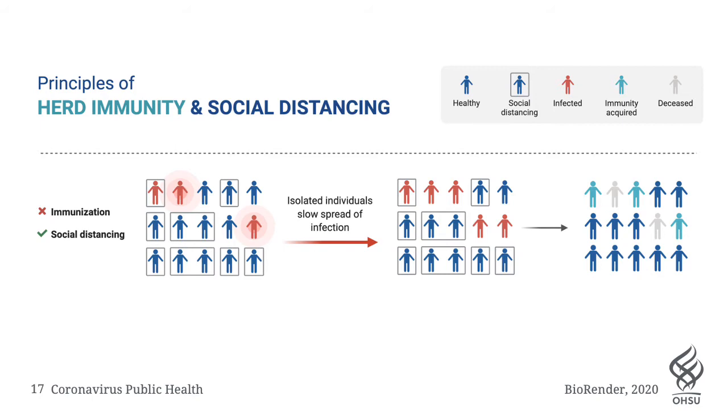By the time the disease has passed through the affected members of the community, there have been a number of healthy individuals that have successfully stayed isolated through the experience. And therefore, even without the development of an immunization for the disease, you can still get better outcomes for the community.